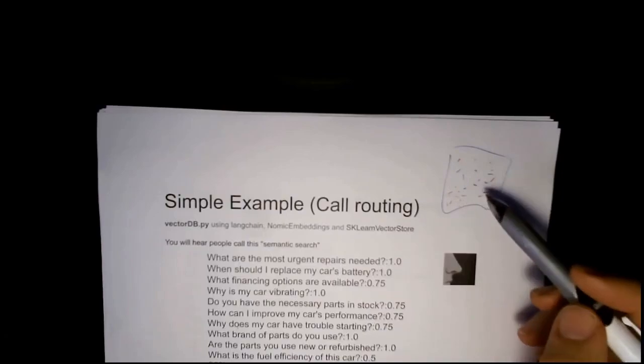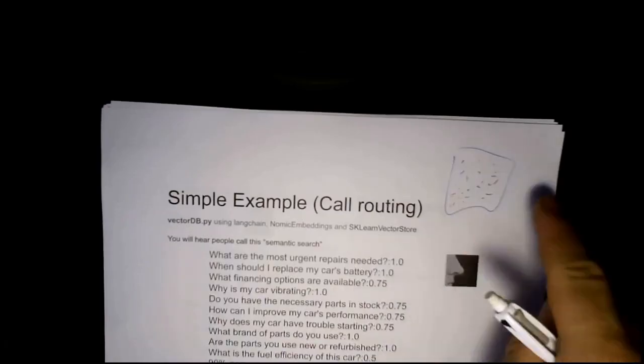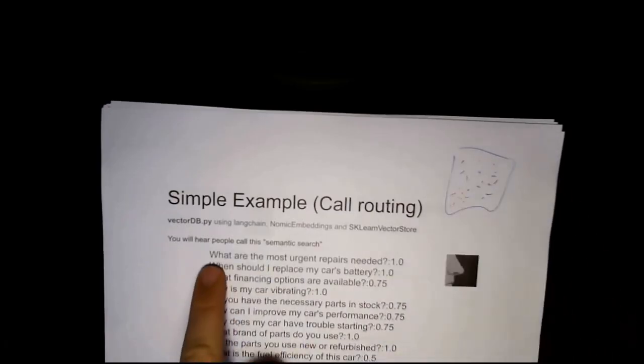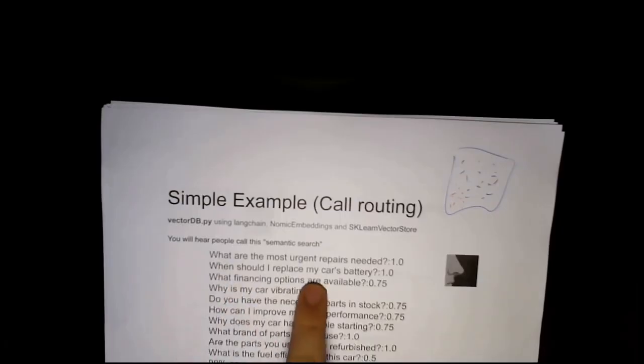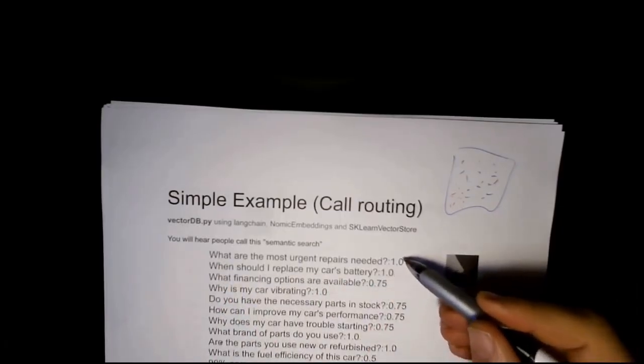So it kind of just indexes all those in this vector space, and then when we bring in random questions that are not in the training set, but in the test set, we ask, what are the most urgent repairs needed? When should I replace my car's battery? These are basically when we look at the closest